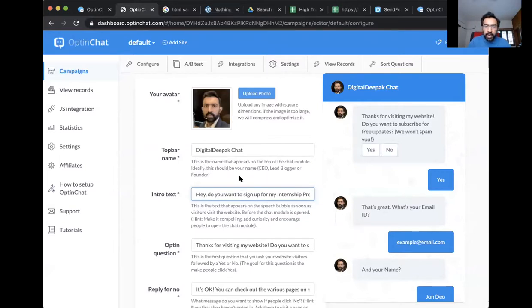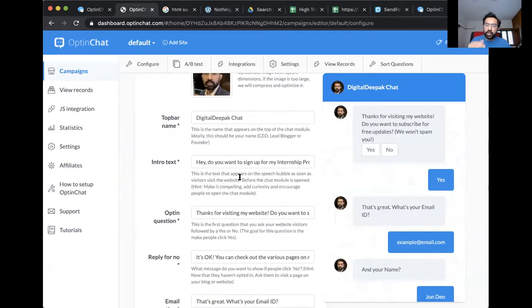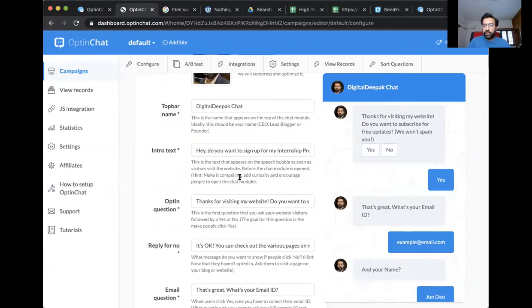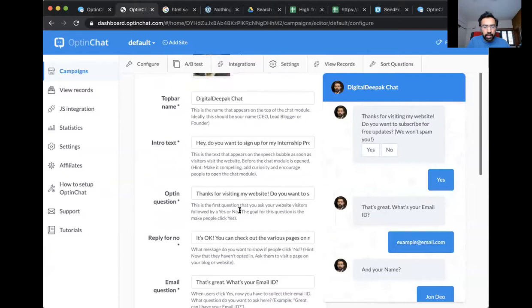This opt-in chat does not affect your page load speed at all, guys. It is very, very lightweight, and it does not affect your page load speed because it loads asynchronously. It does not wait. It does not restrict the loading of the website, right? So how does the pop-up know if the visitor has visited before? If the visitor has visited and opted in, then there is a cookie. So using the cookie, we go ahead and try.